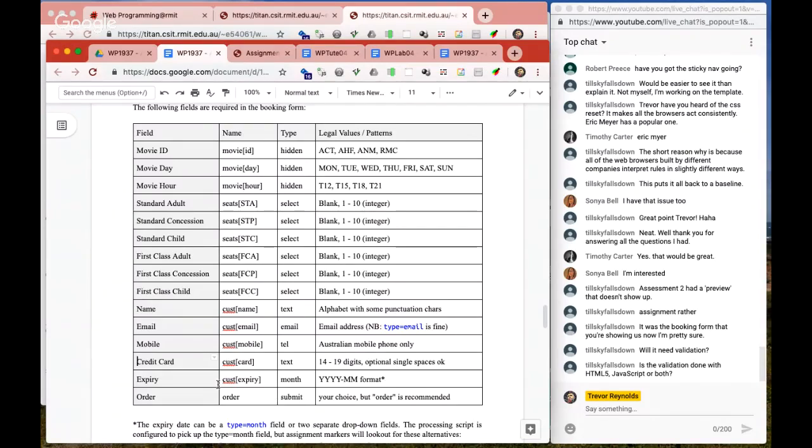And there are some little bonus things to do. You might think about, let's just say the year is 2019, January would not be allowed. You might want to write some JavaScript that disables every month before the current month. Not essential, but if you're just looking to do some extra bells and whistles stuff, that might be a nice